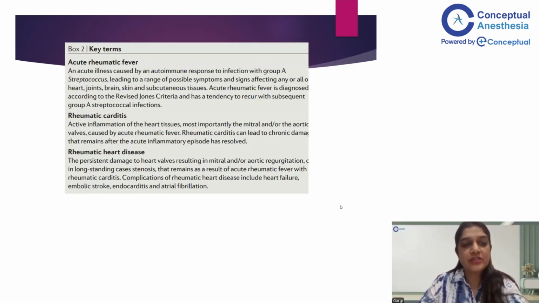One of the major manifestations of rheumatic fever is rheumatic carditis. Carditis signifies inflammation, so there is an inflammation of the heart tissues. All three layers of the heart can get affected, and also the valves get involved. Most commonly the mitral valve, followed by the aortic valve, and very less commonly the tricuspid valve may also get affected. But if these carditis changes stay persistent and finally result in valvular damage like mitral or aortic regurgitation, or even stenosis, finally leading to heart failure or arrhythmias or other complications, then we term it as rheumatic heart disease. So that is the basic difference.